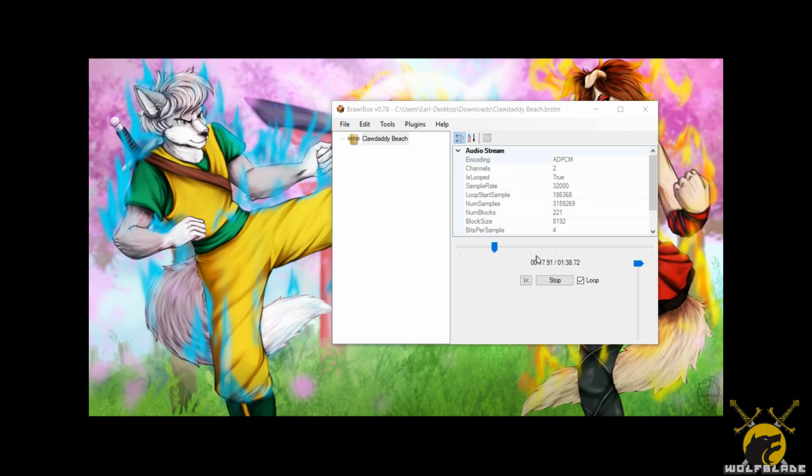Okay, so we're gonna scroll this over here, and you'll see that it's gonna loop perfectly. See? Because it already has it built in, because this is from the actual game. Okay, so that's all fine and dandy. We don't have to mess around with that too much. So all we gotta do for that particular piece